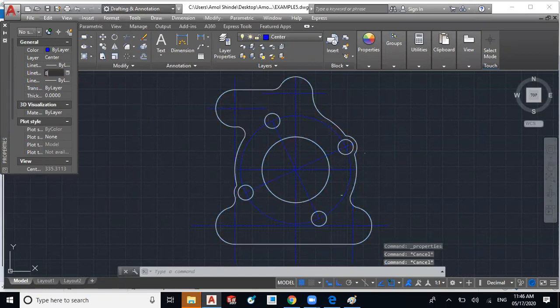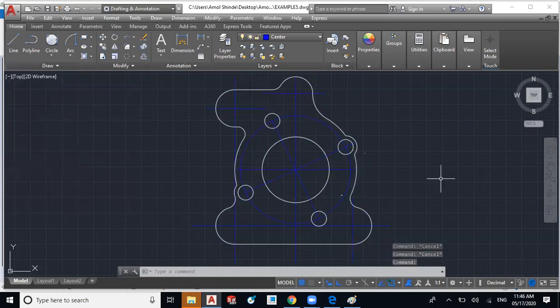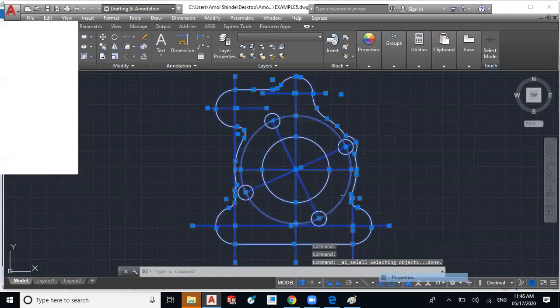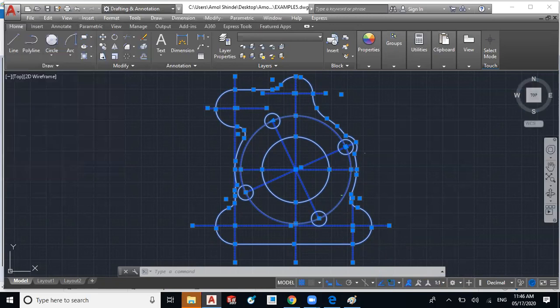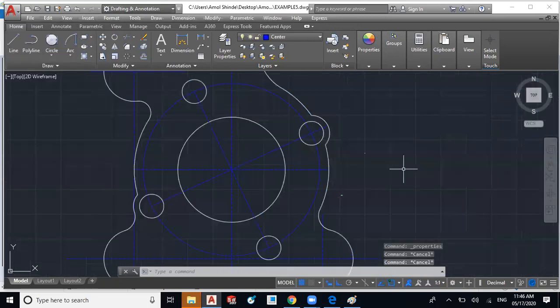Okay, select the 8, enter, and close this window. It's not changing because we have saved this line type scale in the template file. So we have the center lines.